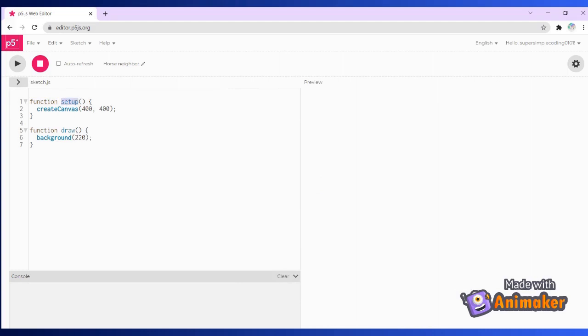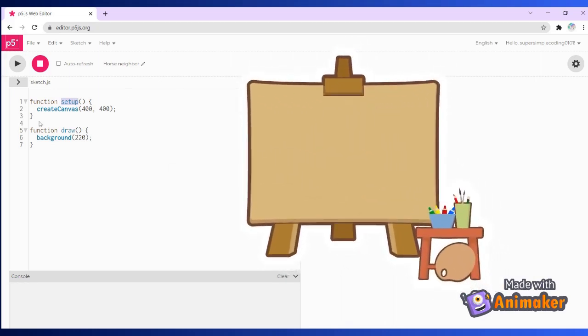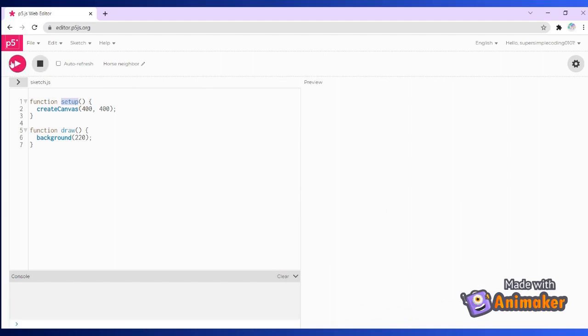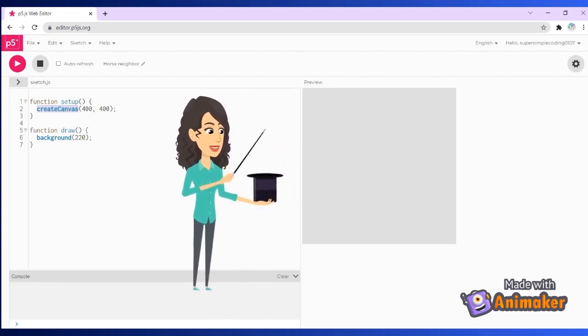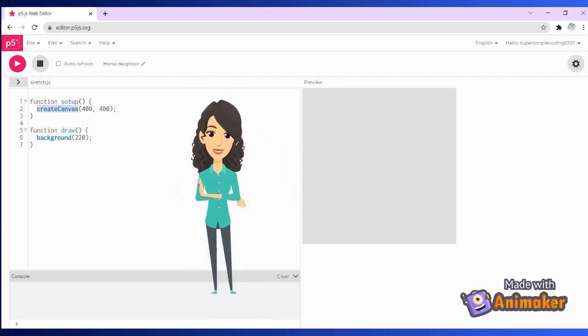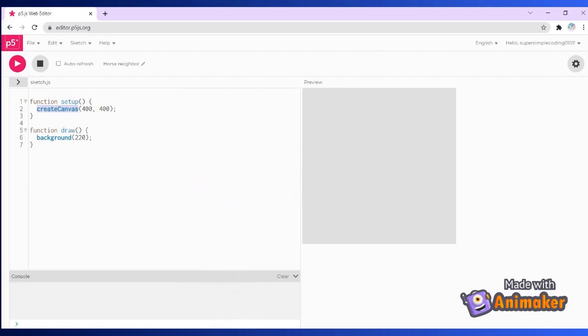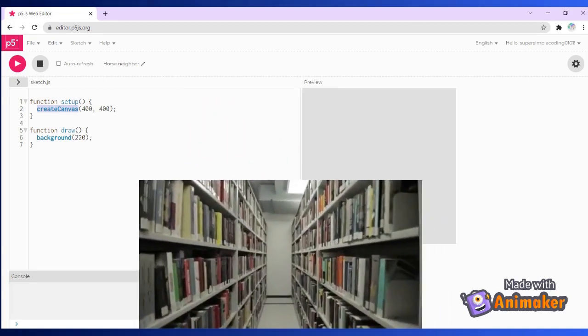So while drawing in real life, what are the things that we need? A canvas. And there are so many kinds of canvases, big, small, colorful. So while drawing on the computer, we have to specify the dimensions of the canvas as well. Now the second line says createCanvas. Now I'm asking the computer to create a canvas for me. Now how the canvas is created, that is something I don't have to worry about. The instructions for creating a canvas are present in the p5.js library.